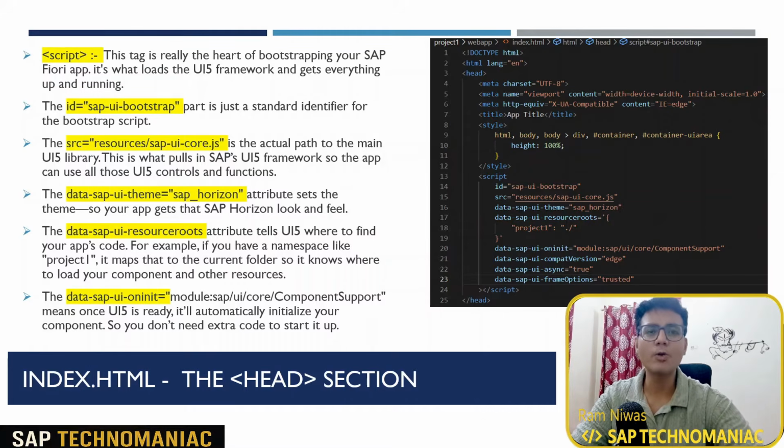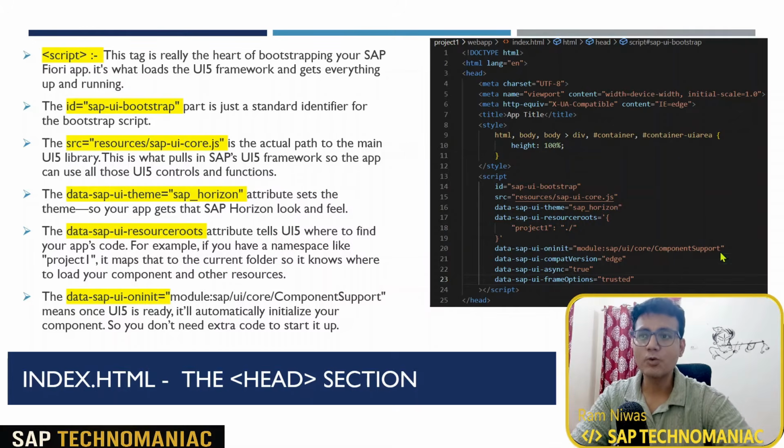How your application feels and looks in the front end is based on this theme only. The next is the project folder, which we can call the resource root. Once your UI5 framework has loaded all the needed files using the source location defined in the src, then your application specific